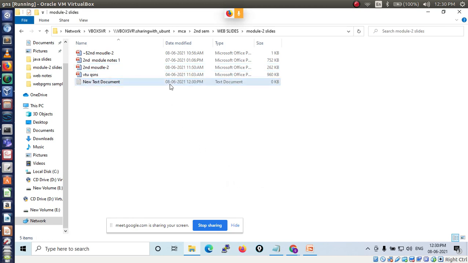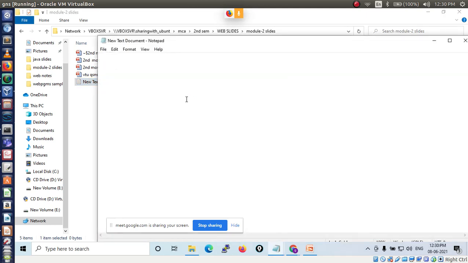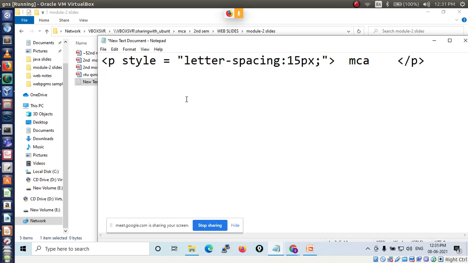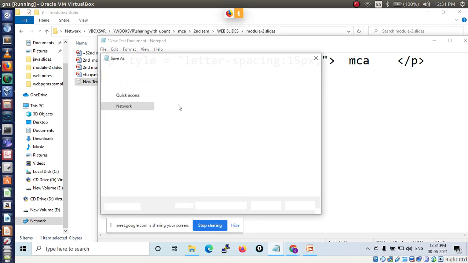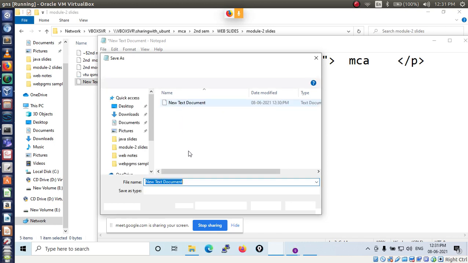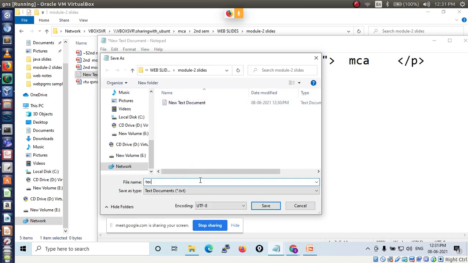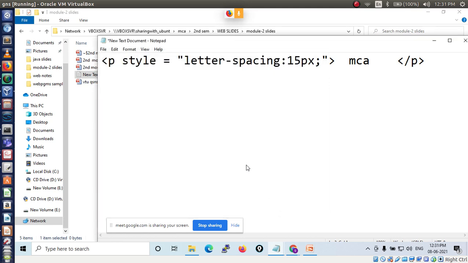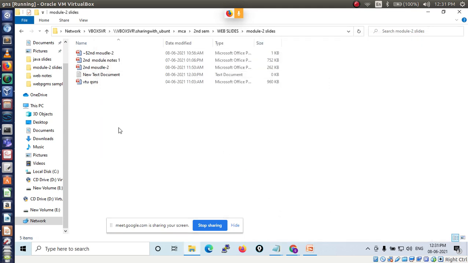So here I am taking sample text. P style letter-spacing 15px. Let's see whether it will execute or not, because here I am not using the HTML and body tags, I am directly running this. Save as HTML, all files.